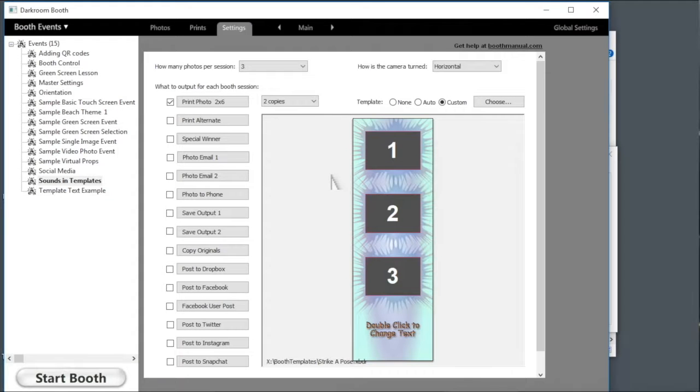One of the great things about Darkroom is you can add sounds to the booth screen for the booth session, various points for the countdown. You can have intro music playing, and we're going to take a look at how to add those. It's really quite simple. So what we're going to do is we're just going to head right up here, and